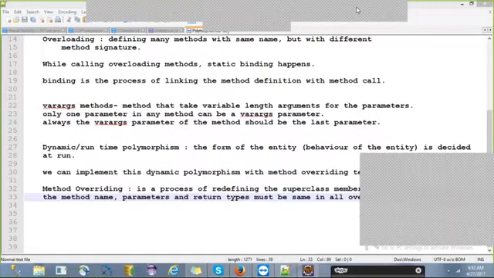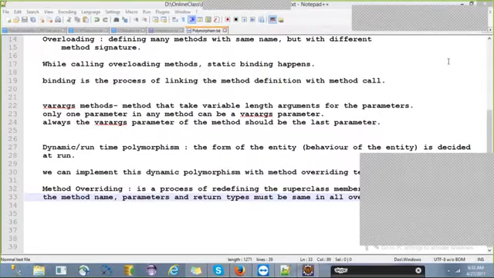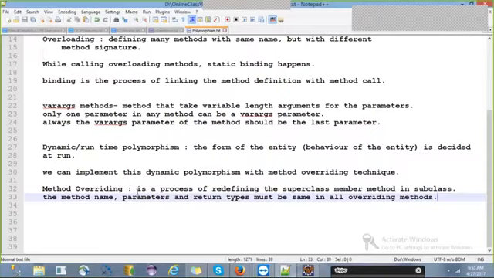Okay. So what I'm saying here is method overriding. Method overriding is what? It is a technique to implement dynamic polymorphism. And as a definition, method overriding is a process of redefining the superclass member method in subclass.